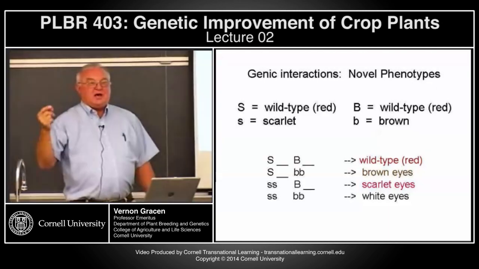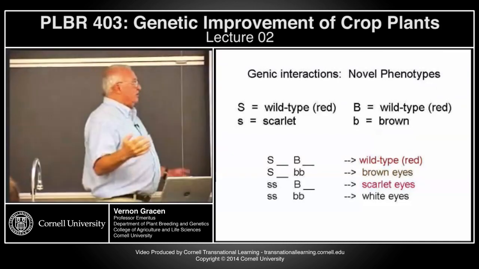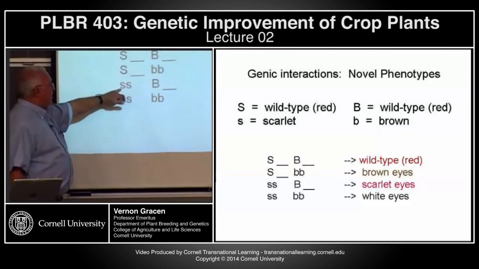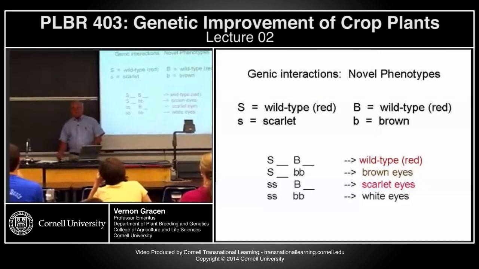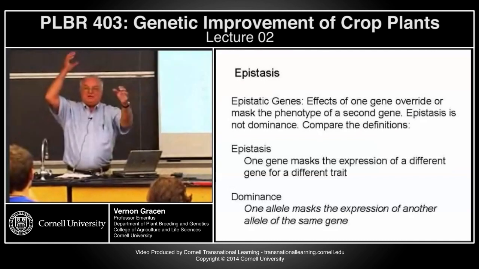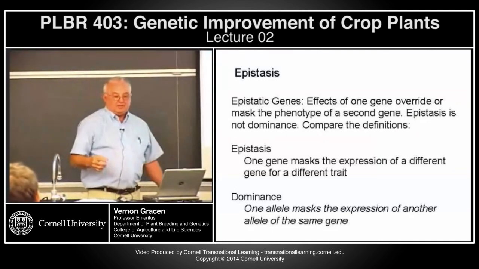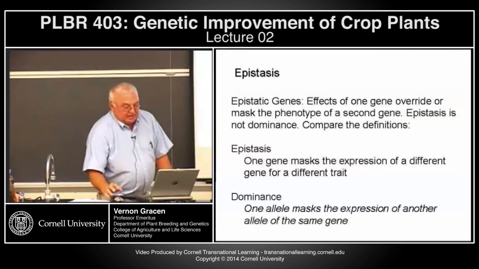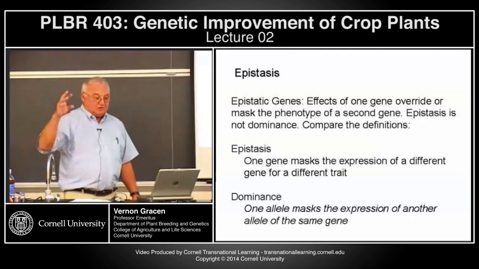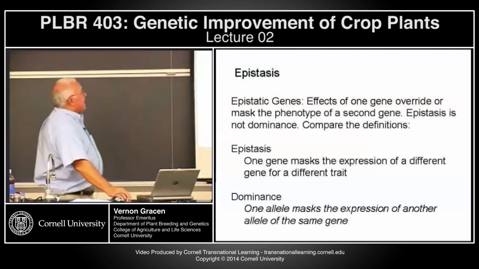Because it's clearly not a matter of functional alleles versus non-functional alleles. Here you get brown and here you get scarlet, but you put the two recessives together, you get white. So there's got to be metabolic pathways involved with inhibition of certain factors through metabolic pathways. But again, that's just a case of a novel phenotype that you can get from following through what should be very simple Mendelian ratios.